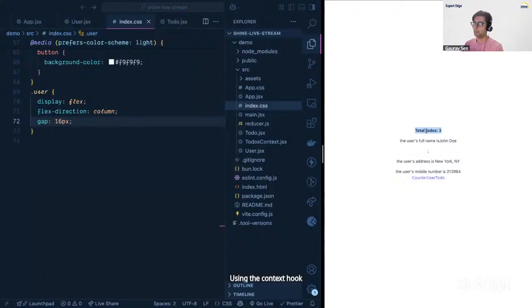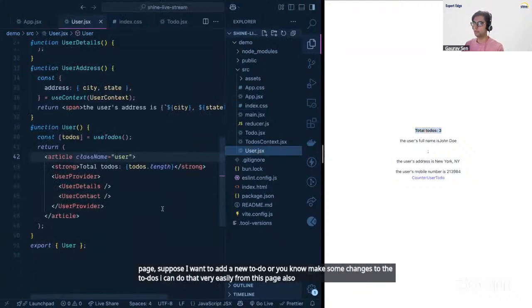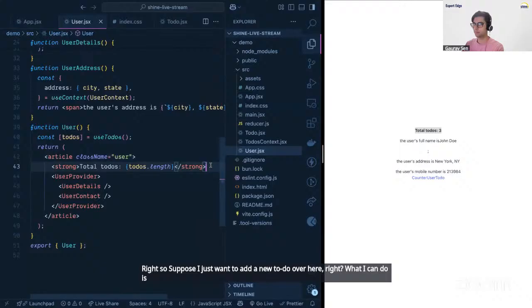And suppose from here, even from this page, I want to add a new to do, or make some changes to the to do's, I can do that very easily from this page also, right? So suppose I just want to add a new to do over here, right? What I can do is basically